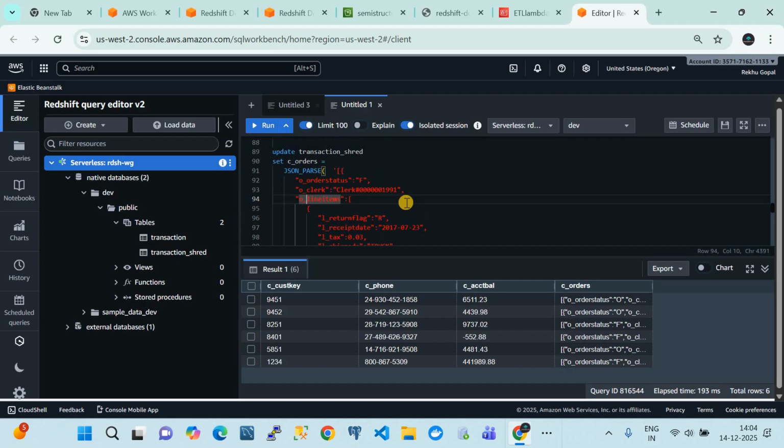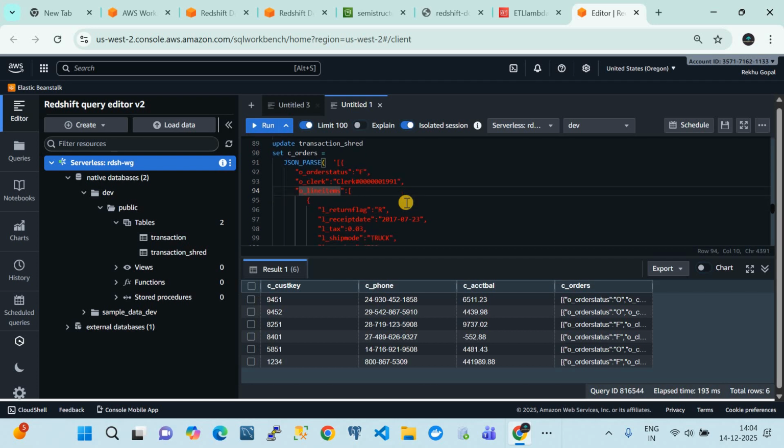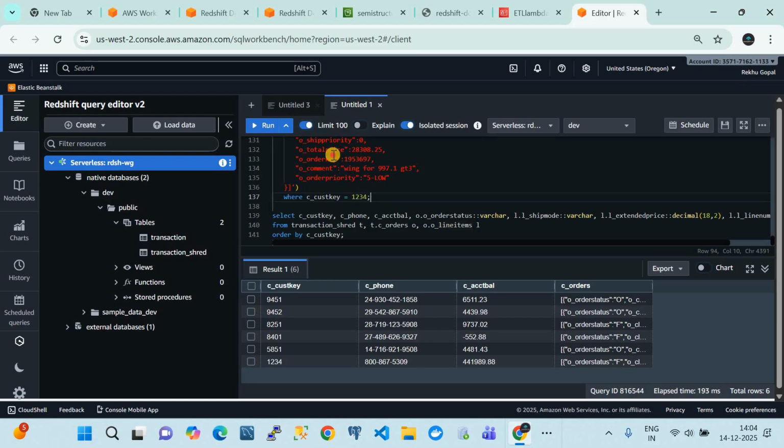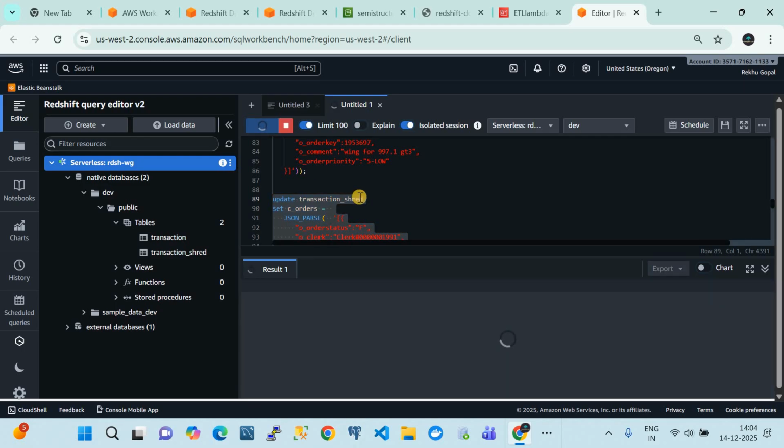So what we're going to do is, we played with certain queries. Now this query will parse the JSON and actually update the data, right? So let's see if it works as expected. I'm going to run this query in front of you. So what we are doing is